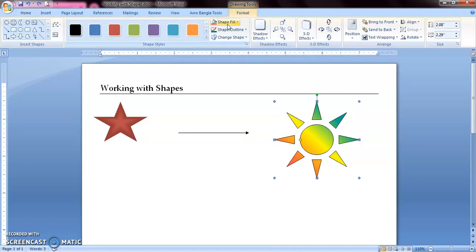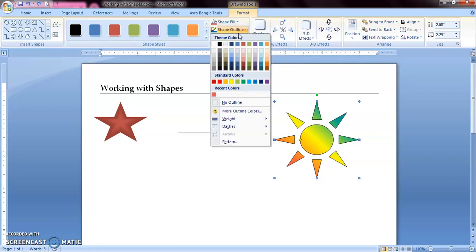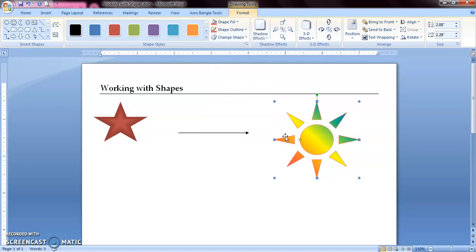So you already know how to change the shape fill option. Now let's see the shape outline option. As you can see, there is already an outline provided in this shape. Now it is black in color. You can change this shape outline color. So click on the shape outline option and you can see many color options in the color palette. Select any one color from here as you wish. Let's say select this color. So now your outline appears in red.